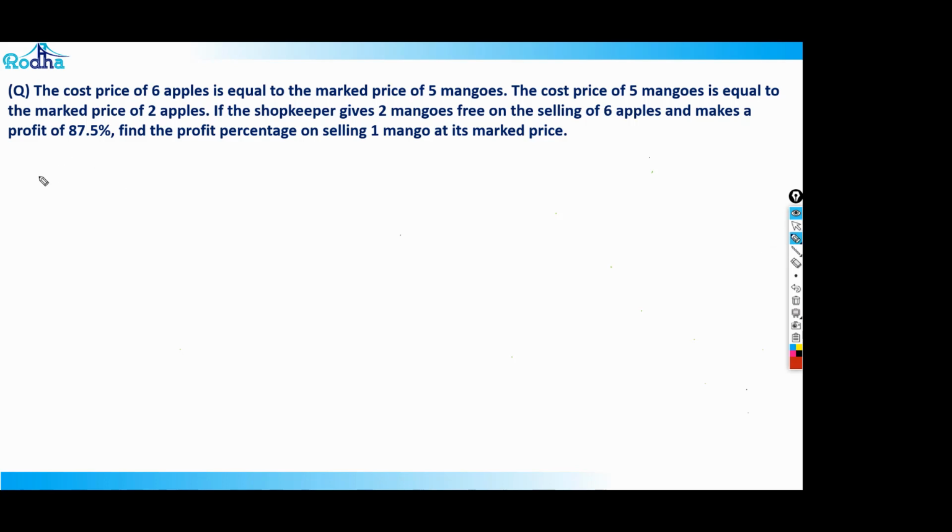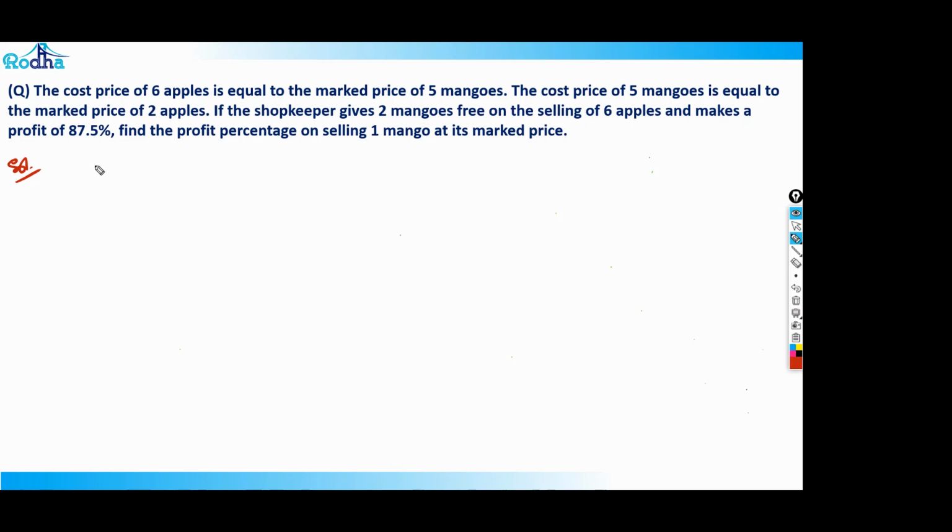Okay. Hi guys, so let's look at this question here. Now this question says that the cost price of 6 apples is equal to the mark price of 5 oranges and the cost price of 5 mangoes is equal to the mark price of 2 apples. Okay. So now basically these statements can be confusing because cost price of 6 apples and mark price of 5